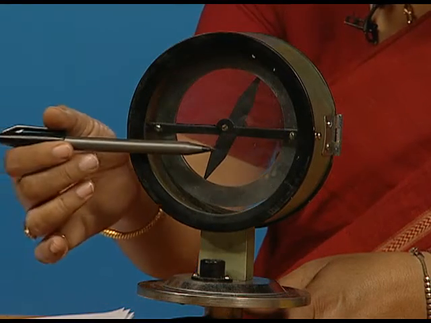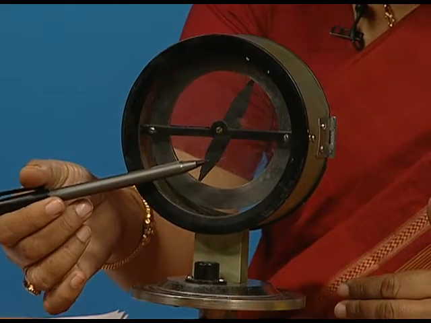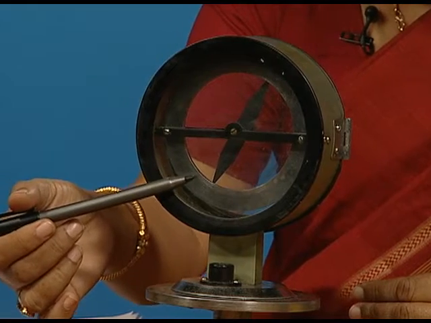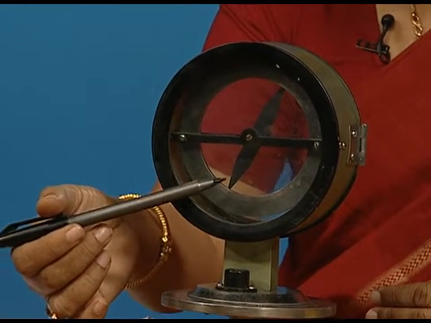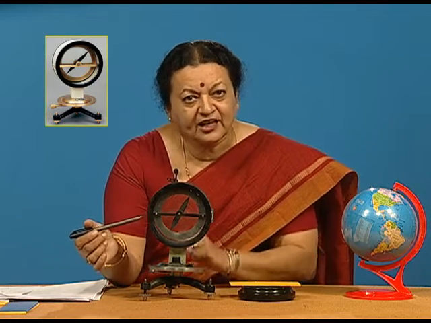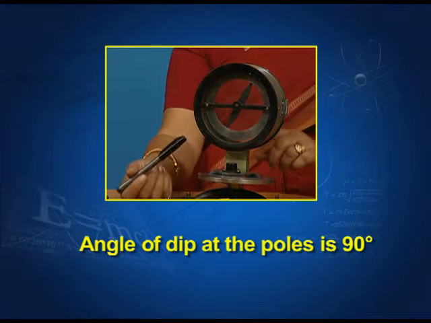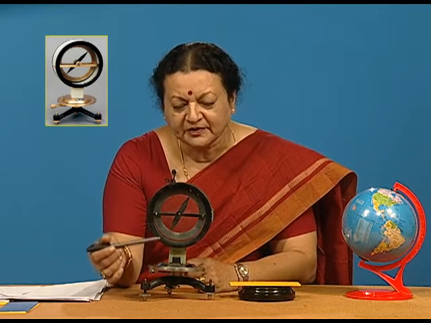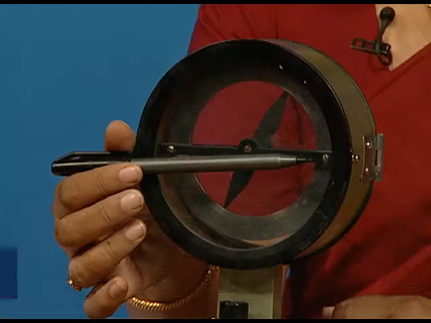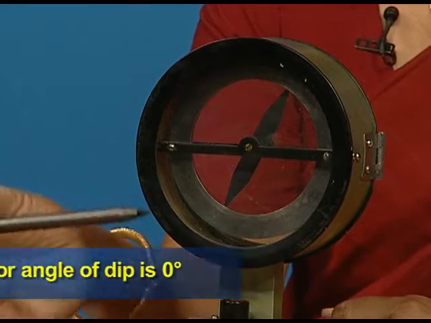Now, consider this horizontal in the magnetic meridian. The angle made by this needle in the magnetic meridian with the horizontal is known as the angle of dip. If you have understood well, this angle of dip is going to vary from place to place. It will be 90 degrees at the magnetic pole, that means whether it is the magnetic south or magnetic north. It will be 0 degrees at the magnetic equator, and for all other positions this will be some other value